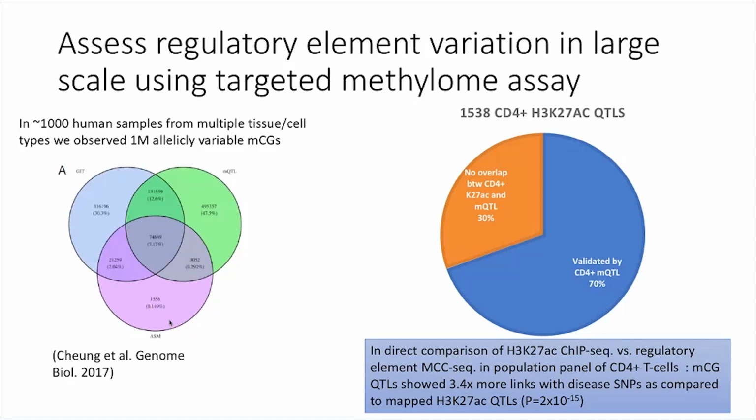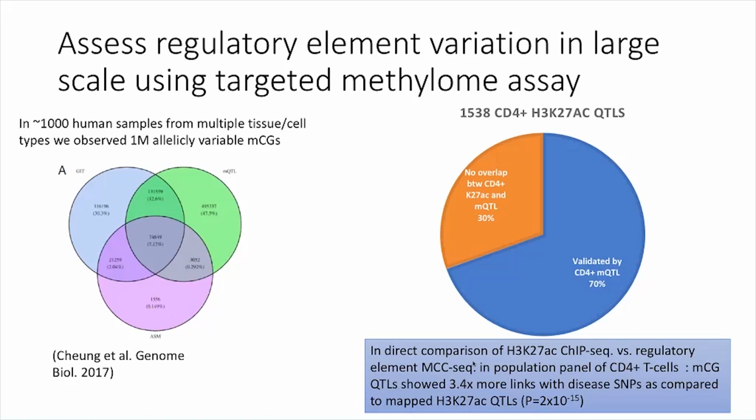This provides a large resource for looking at allelic interactions across the genome. We have also been able to show that if you map histone variation and compare it to methylation variation, most of the histone mark variation in the population is captured by methylation variation. In addition, methylation variation captures several-fold more population variation in, for example, circulating immune cells. So we believe that the method is efficient in comprehensively capturing variation across samples.